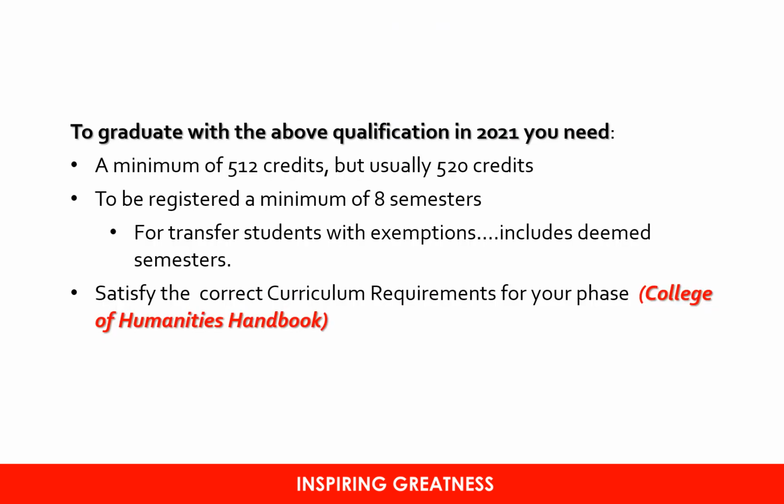Now, the first key thing that you need to understand is the credits. The minimum number of credits for the Bachelor of Education degree in general is 512. So that is the minimum number of credits that any B.Ed student can obtain and graduate with. In this particular phase, however, the structure of the qualification means that most students obtain 520 credits. So, if you are in this phase, you are probably aiming to obtain 520 credits or more by the end